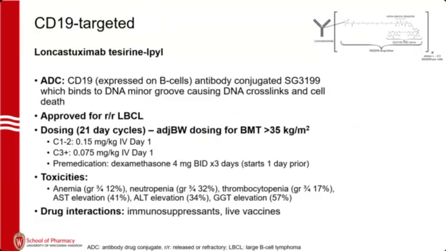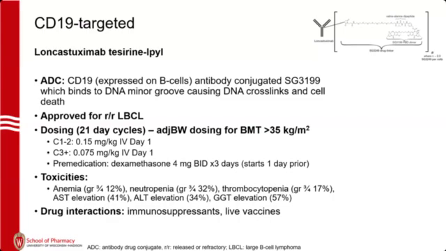Moving now to some more contemporary FDA approvals. Loncastuximab is a CD19 targeted antibody drug conjugate. This is, again, CD19 expressed on B cells. This is conjugated to, again, a payload SG3199, no fancy name here. It binds to DNA minor grooves, causing DNA crosslinks and cell death once that payload is released from that